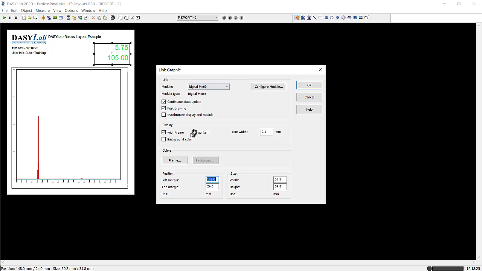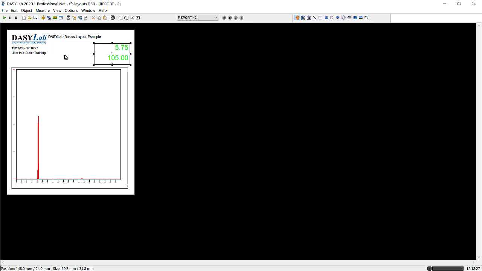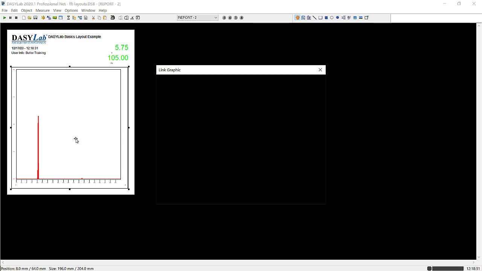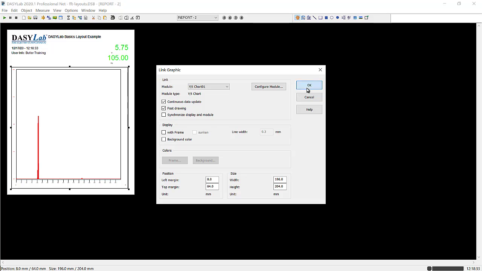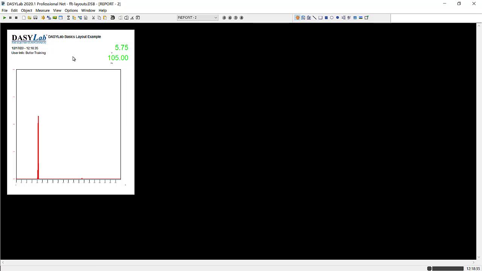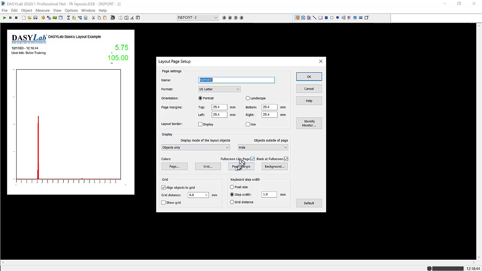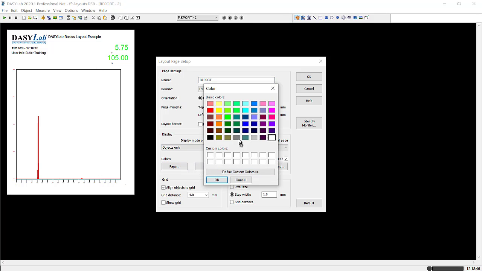You can configure the report any way you want. You don't, for example, have to have the frame. I do recommend if you're printing that you keep the background plain. We will not print the background color of the layout page. So if I were to make this background color be a gray again,